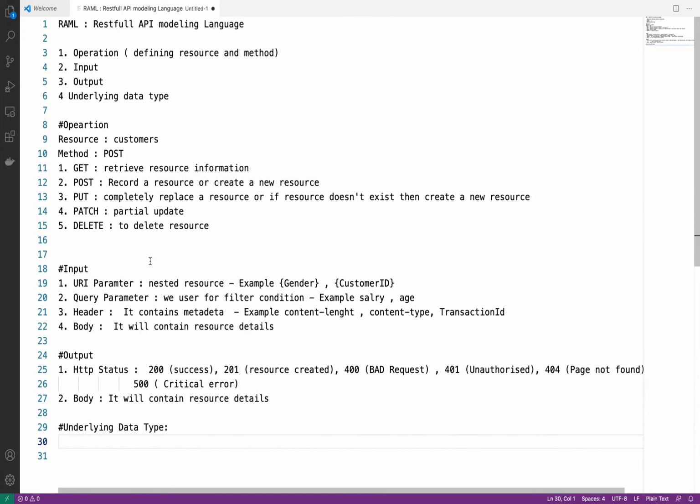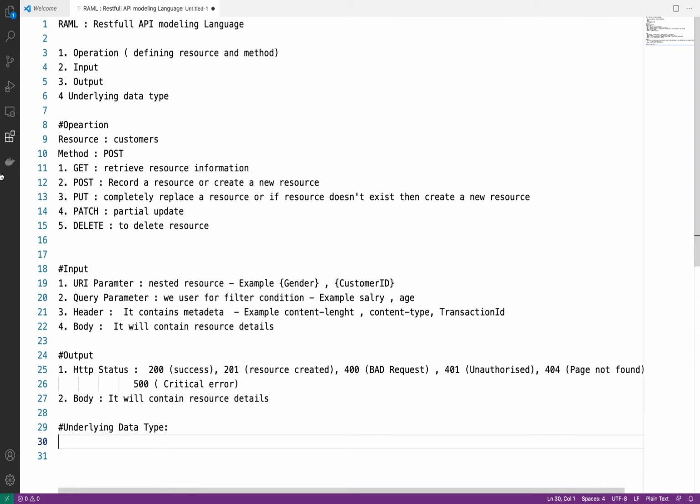So these are very basic things about RAML. Whenever you create RAML, these are the very basic things. Apart from that, we have a few more things, like data type, which we already discussed. What is traits, what is library, all those things we will discuss slowly. So today actually we will not follow any best practice of RAML. We will create a very simple RAML, and we will create one Mule application using that RAML. Okay. So let's start with a small demo.